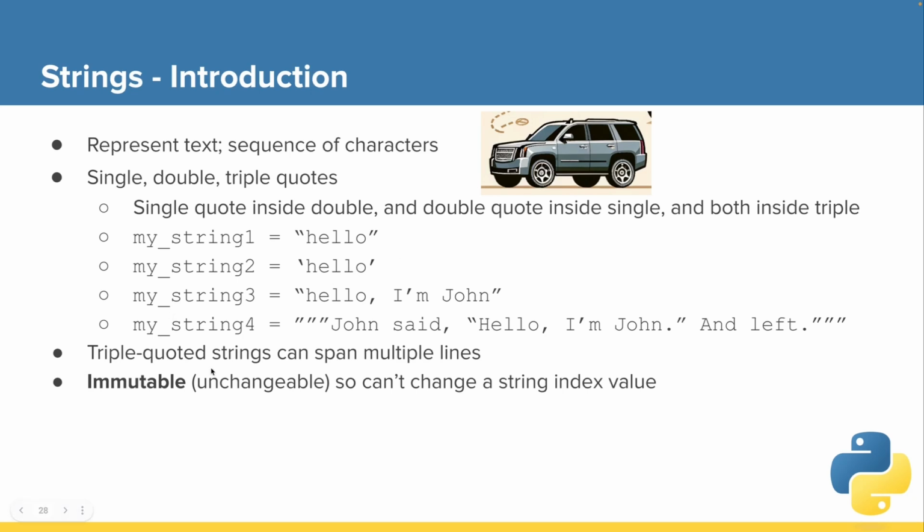And a reminder that triple quoted strings can span multiple lines. And one last thing is strings are immutable, and we'll get more into this, in the sense that we cannot change the value of this string for a particular character. We cannot say this character of this string, we want it to be the letter Q, for example. We can assign a completely different value to that string, but we cannot change the existing string, and we'll get a little more into that later. Just something to note there.